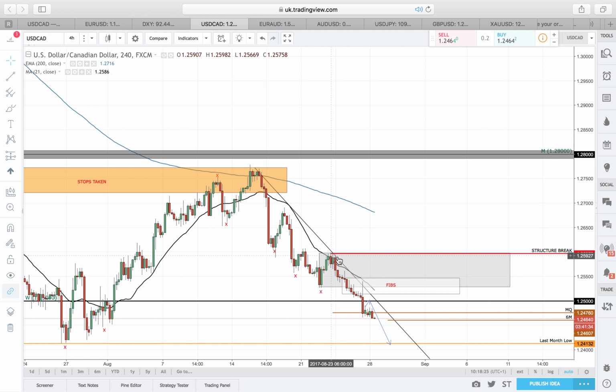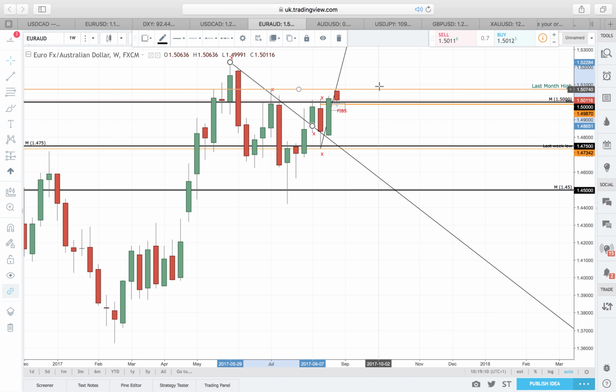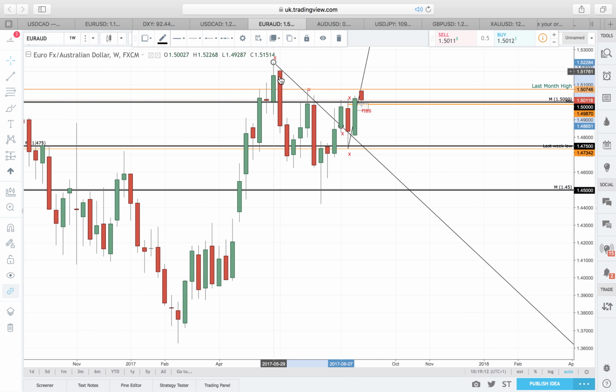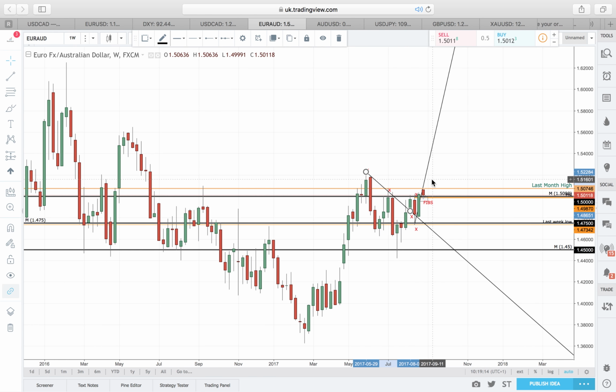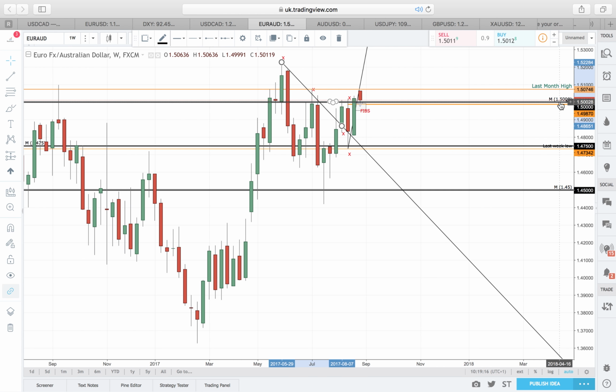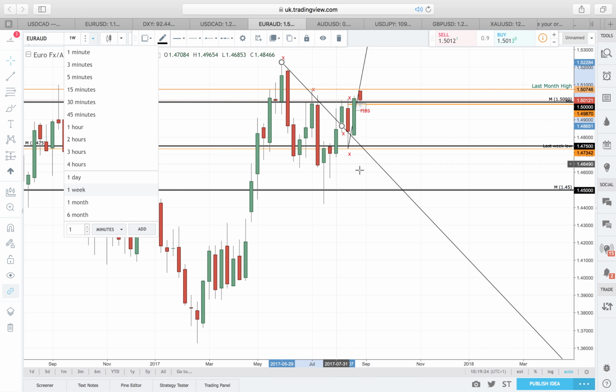It depends how I draw it. The market has come back to retest it, and we've seen a bullish engulfing. I'm thinking we're going to see higher prices. The first target is last month's highs. If those are taken out, the next target will obviously be this region here, the zone. You see, we've also broken above our monthly 1.5, which the market struggled to break many times. Let me just look at this trend line. So I am bullish on it, with a bullish engulfing as well.